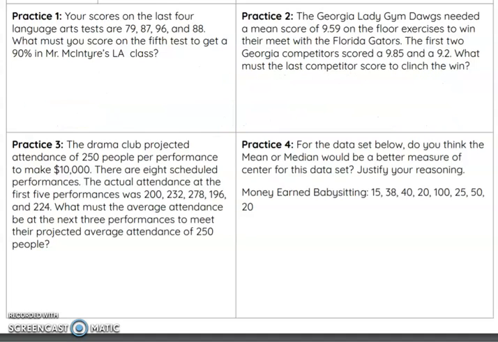Okay, practice question number 3. The drama club projected attendance of 250 people per performance to make $10,000. There are 8 scheduled performances. The actual attendance at the first 5 was 200, 232, 278, 196, and 224. What must the average attendance be at the next 3 performances to meet their projected average attendance of 250 people? So put in those first 5